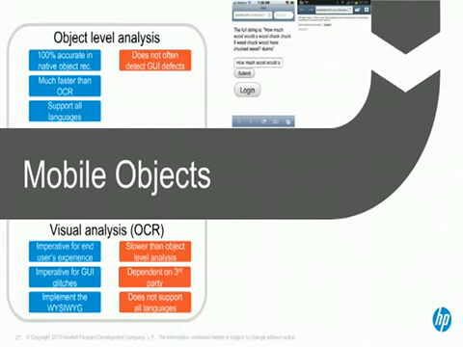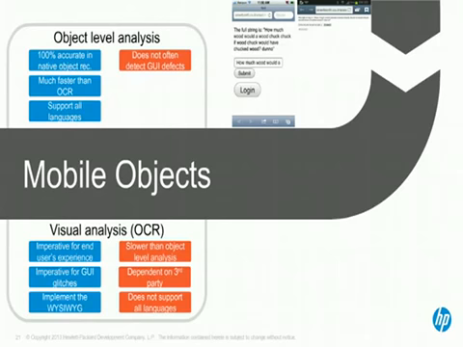Let's have an example here. I know it's a little bit small, but I think it's relevant, and we can share the slides afterwards. In the upper right corner, you can see a web app running on a Safari browser and an Android one. If you use the visual analysis method only on the edit box of the iPhone, you would only get the text "How much would A". In other words, what you see is what you get. But if you use the object level analysis method, which is on the upper area in the screen, you would get the full text in the object.